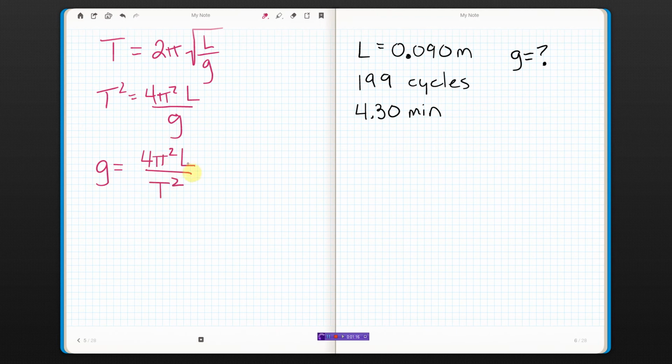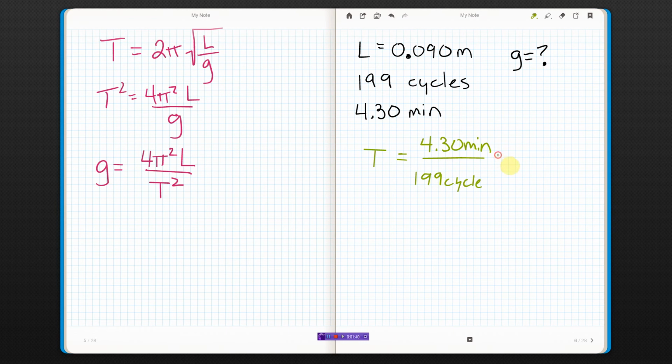Okay. L I have. Period I need to get. So period is the time for one cycle. So I'm going to put the time divided by the cycles that were completed in that time. But I need this to be in standard units, and minutes are not standard units. So I'm going to do a conversion factor. There's 60 seconds in 1 minute. So the minutes go away, and I will just have seconds per cycle. So period is